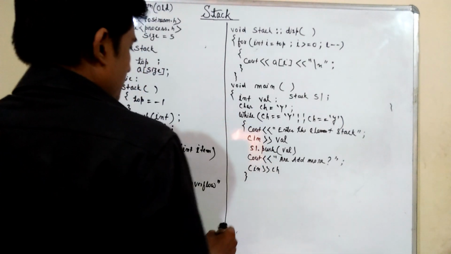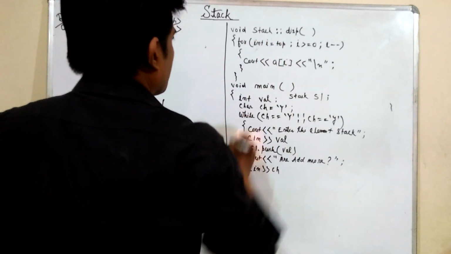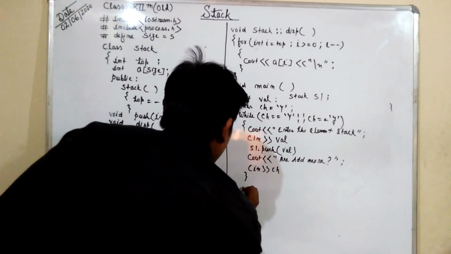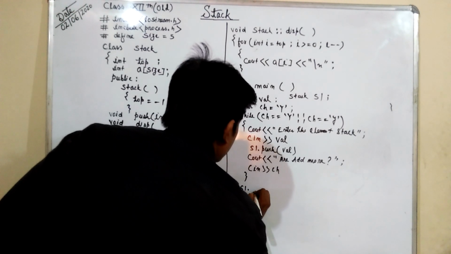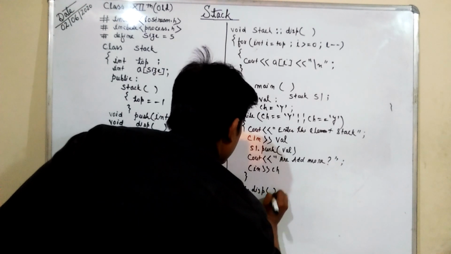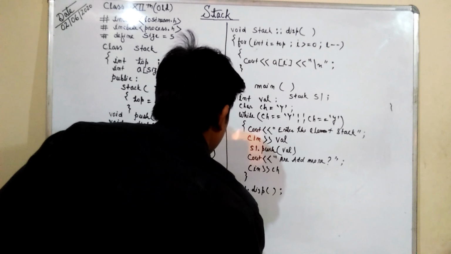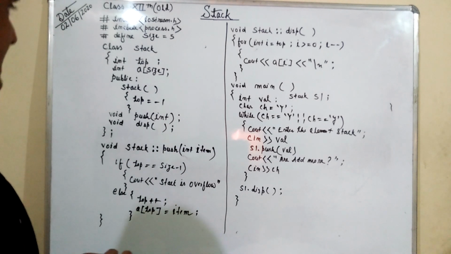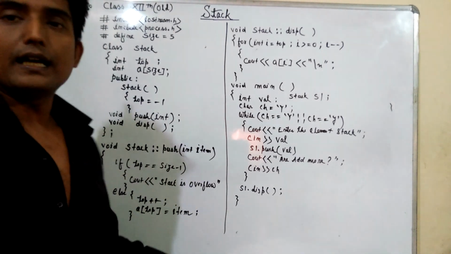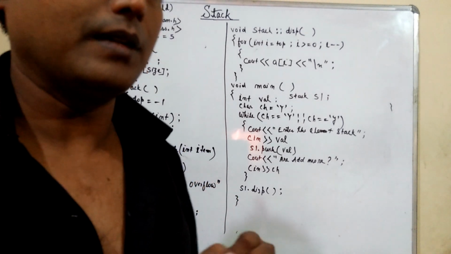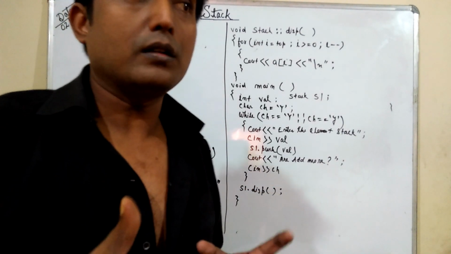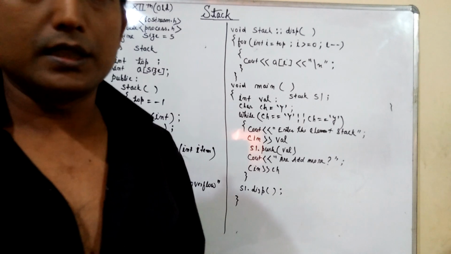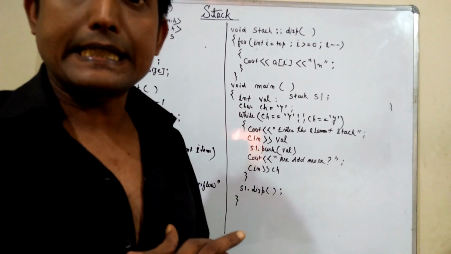And now students, we only have to show the list elements. So how can we show the list elements? Just put the s1 dot display. Yes students, only this thing we have to include. So my program has been completed over here, and it's a slightly lengthy program, and today I have taught about how the push function is performed in C++ coding in regard to the stack.